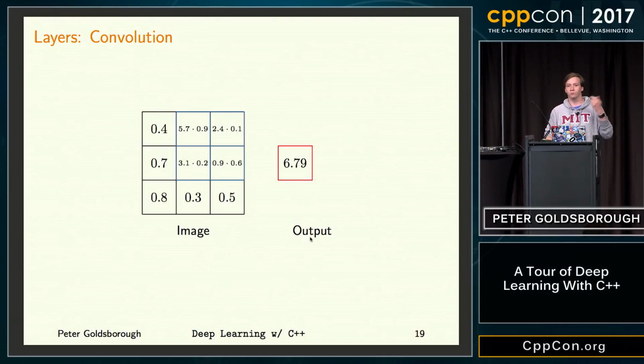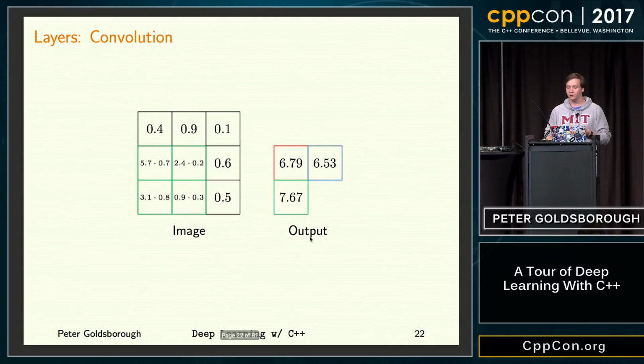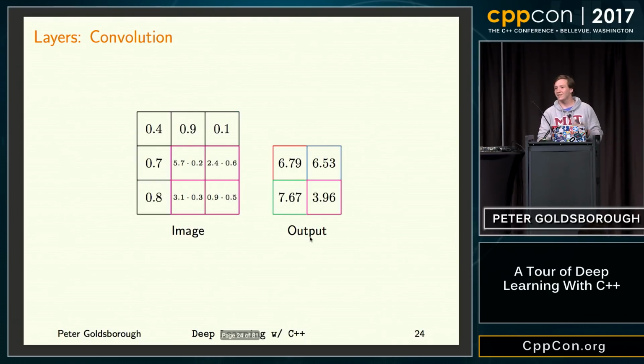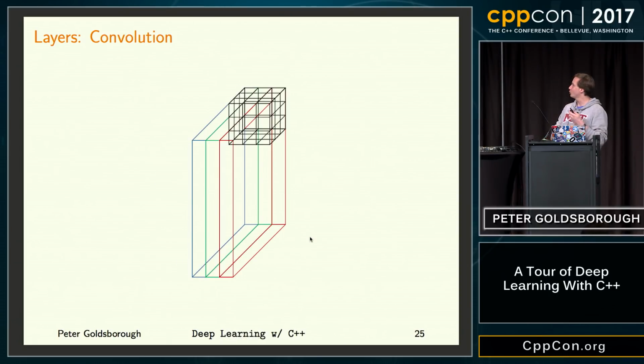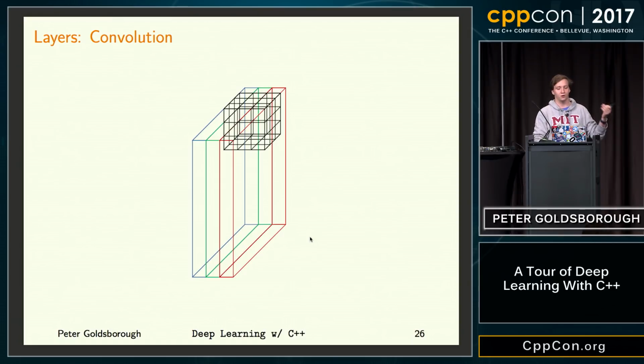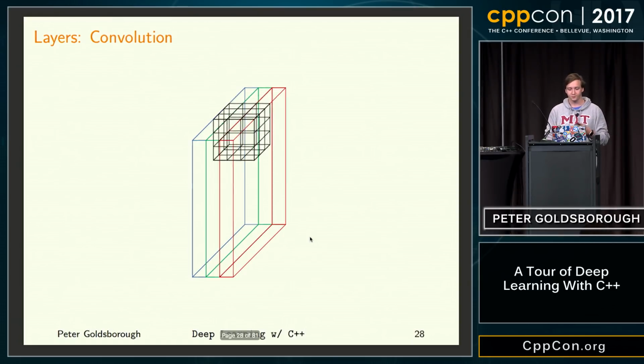But again, we just produce a weighted sum, and we do that for every configuration of the image and the kernel. And that's a convolution. And I want to give you an idea of, first of all, in 3D, this looks very similar, just that now we have a depth dimension. So for RGB images, we'd have a red, green, and blue channel, so it's a 3-dimensional volume. But still, we'd have a kernel, and we would just slide it across and produce a weighted sum and a single output pixel for each configuration of the image and the kernel.